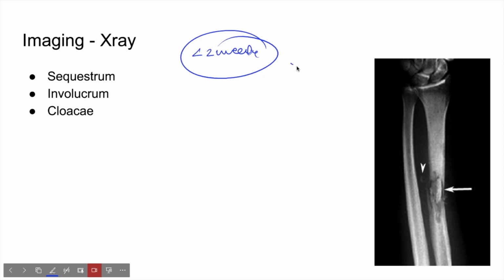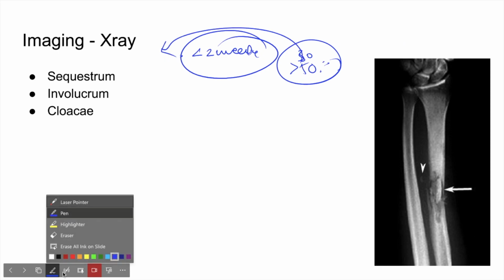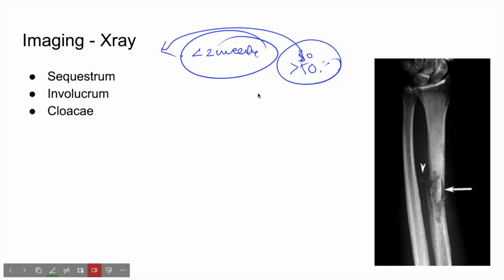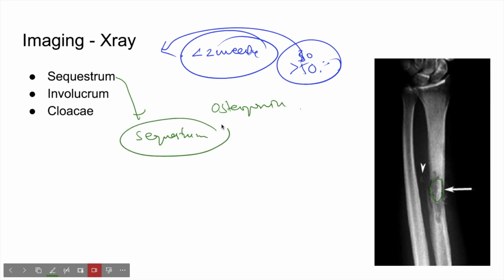Right? You need to lose 30 to 50% of the bone to be able to see it on the X-ray. So in the initial 2 weeks, it is very unlikely that you will see any changes on the X-ray. Over a period of time, you will see osteopenia, bone lucency, a sclerotic rim, and then you will see a dead bone like this, which is more opaque or more radio-opaque than the surrounding bone. This is a dead piece of bone, which is called a sequestrum,